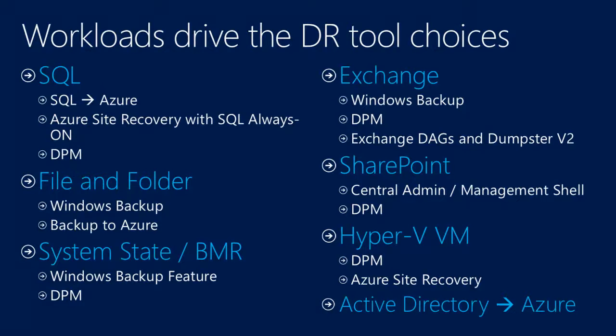So taking a look at the workloads and the DR tools on this slide, I want to point out that in the session, Robert, Shivam, and I are going to be demonstrating SQL backup to Azure. We're going to be looking at how you can leverage a backup of SQL directly into Azure. We're going to discuss how the built-in Windows backup utility that comes with Windows is actually very handy because it's one of the only two ways that you can back up system state. Then we're going to also show